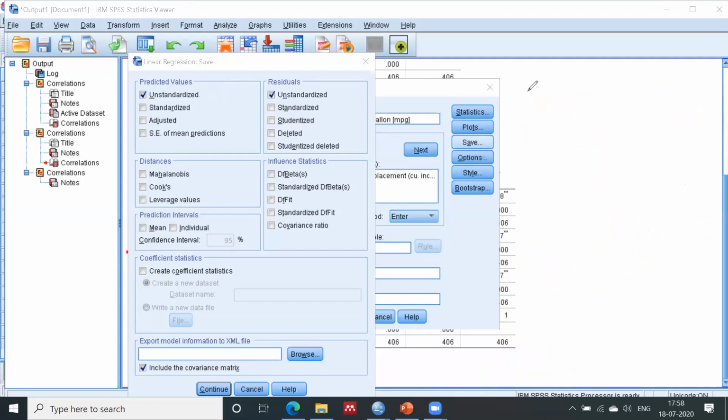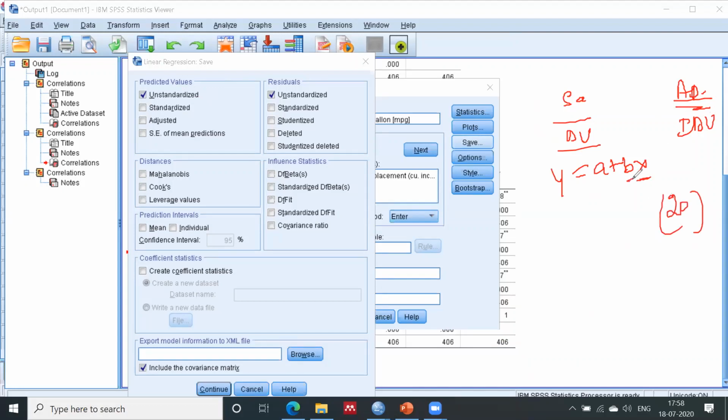So my example is sales and advertisement. Advertisement is my IDV and sales is my DV. So the equation is y equals a plus bx. Here I am talking about only the general equation. I will not take any error term in this equation, right? So x is what? Advertising value, right? Suppose my advertising value is 20. B is my slope. It is 2.5. I am randomly taking the value.